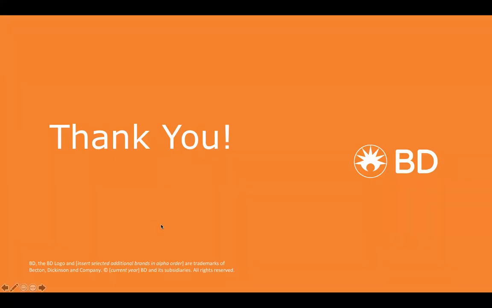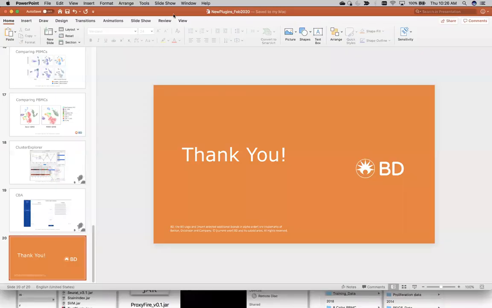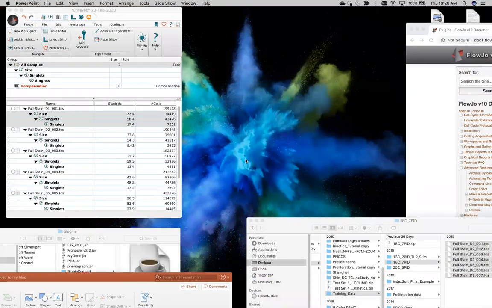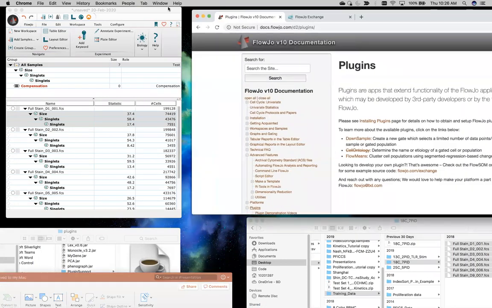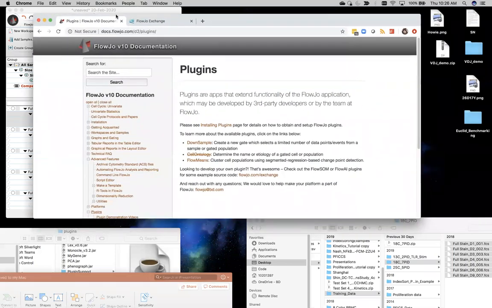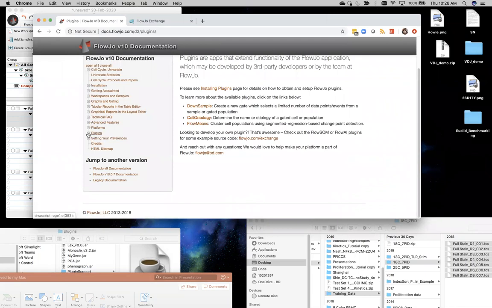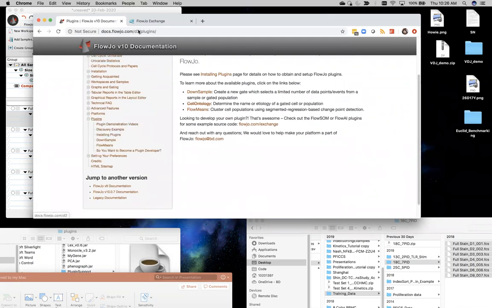Okay, I'm going to go ahead and close out of the slideshow. I'll leave this open here in case I need to refer back to any of those figures. But I want to start digging into an analysis right within FlowJo. Before I do that, I want to talk a little bit about the setup of plugins. If you're using plugins, and obviously anyone who's joined this webinar is probably interested in plugins, you'll notice on the FlowJo documentation site,